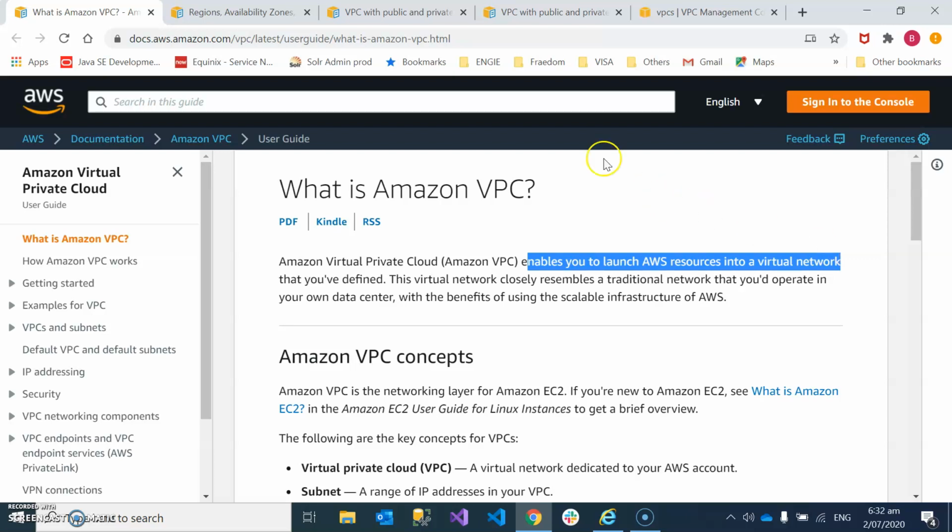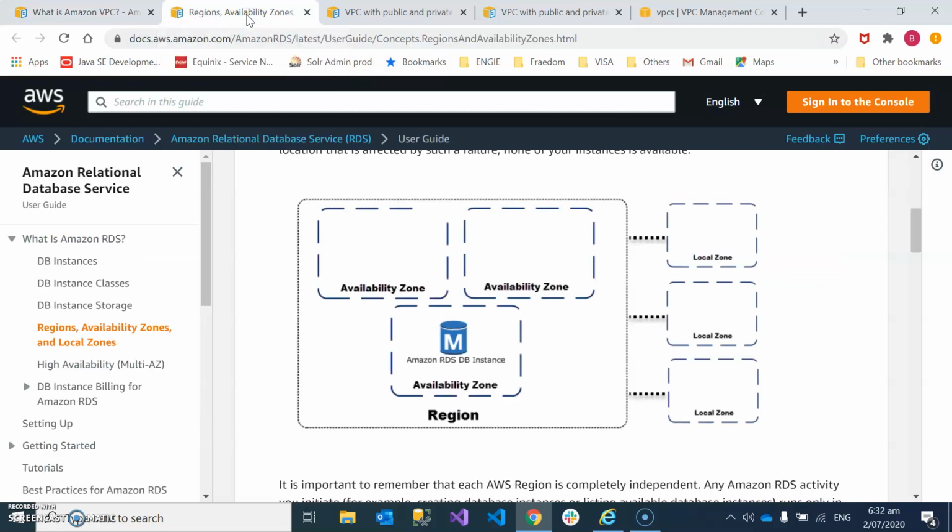Now I want to go into a high-level concept of how they have organized their VPC or how their data centers are located. If you look at this diagram, you will see there is a region.